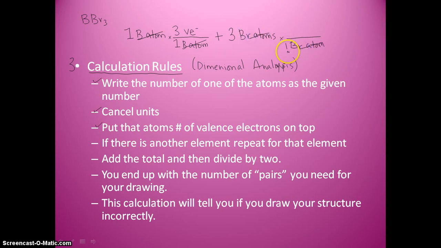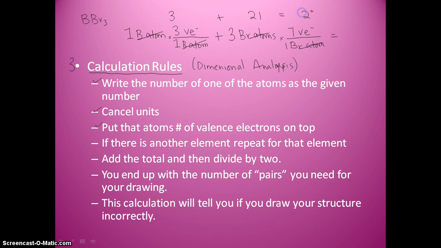And it's always going to be 1 because in 1 bromine there are how many valence electrons? 7. 7 valence electrons. Okay, and that's all of them. So now we can equal this up. So I always make 2 little problems. I do 1 times 3 is 3 plus 3 times 7, 21, and that equals